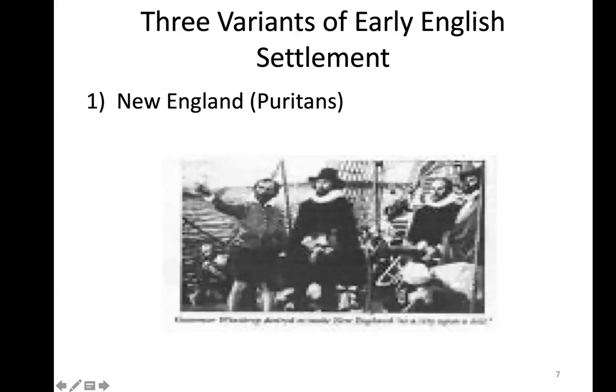Okay, so now we have this basic understanding of English migration to the New World, right? The various factors behind it, or engendering this outmigration of early English settlers during the early 1600s. And now we could begin to discuss more specifically the various settlement patterns themselves, something I call three variants of